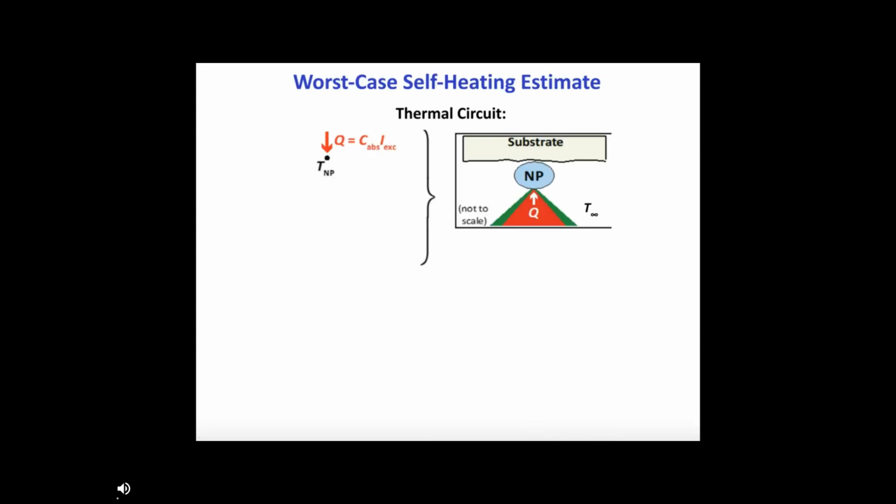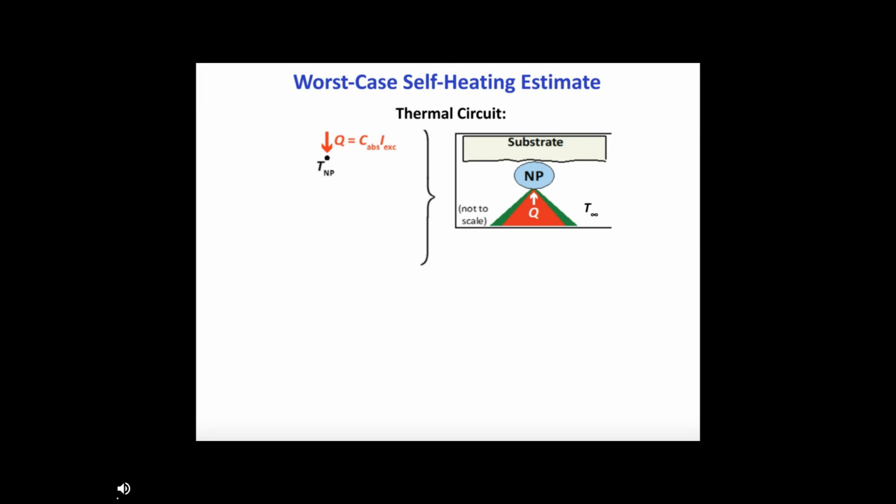And so we begin by first making what I call a worst case scenario estimate. So in other words, an estimate of the highest possible temperature rise that we could expect for our nanoparticle. And I'll illustrate that by building up a thermal circuit here. So we start by assuming that all of the laser light absorbed by the nanoparticle is converted to heat, although